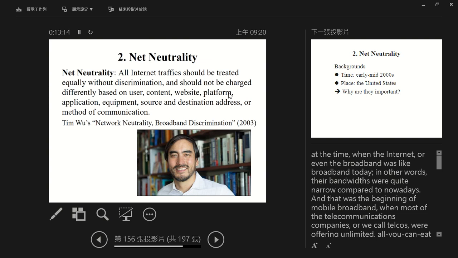So basically, the concept of net neutrality means all the traffic should flow freely. So there should be no limitation or control about whether the direction should be controlled or the amount of traffic should be controlled. The idea of net neutrality appeared maybe at the beginning of the internet, but the idea became more concrete with the